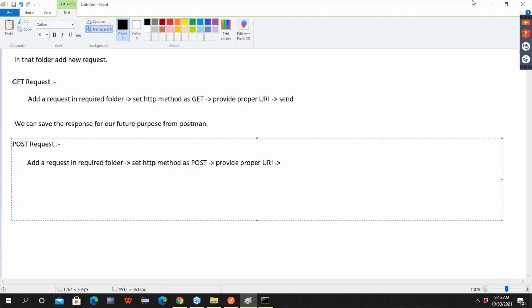After this, go to body. In body, go to raw. In raw, set content type as JSON. Provide payload data, and at last, send. So this is the way you have to send post request. Guys, note down this.